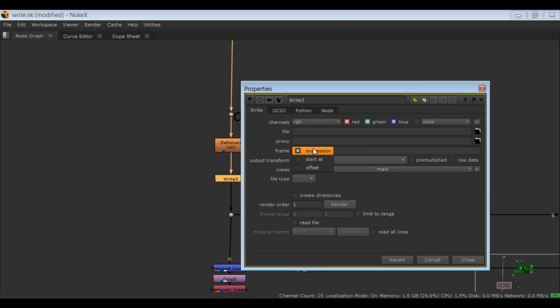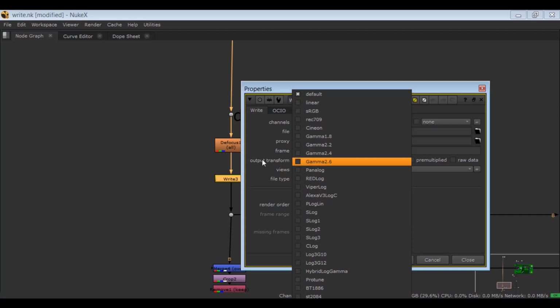Expression lets you enter an expression in the field on the right. Start at lets you enter a start frame number in the field on the right. Offset lets you enter a constant offset in the field on the right. Output transform sets the color transform used to convert this file from Nuke working space to the values written in